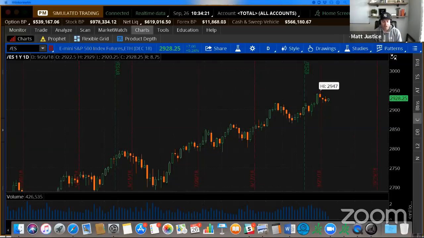When they hike, it's 0.29%. When they hold, it's 0.31%. When they cut rates, it's 0.44%. Even when the Fed cuts rates, guys, it doesn't average over 0.5%. Think about that number.